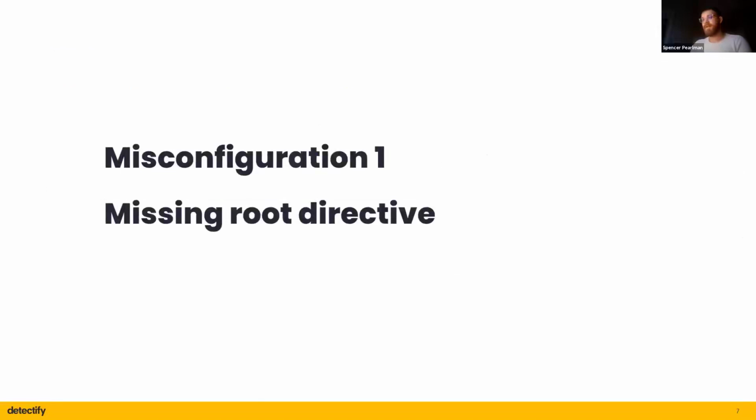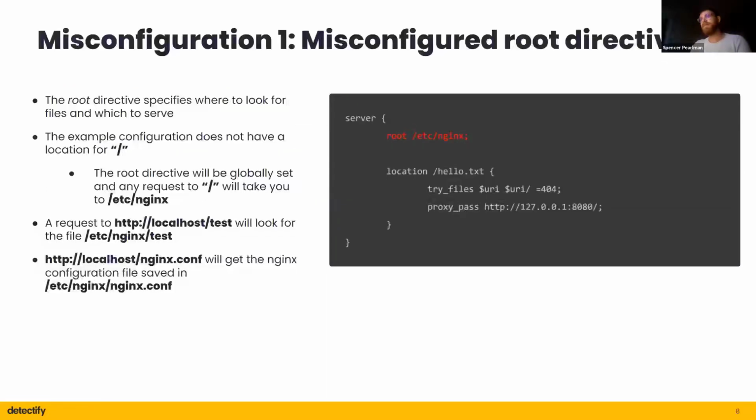So now we can dive into the first misconfiguration, which is called missing root directive. The root directive specifies where to look for files and which files to serve. So in our example to our right, we see our root directive goes to /etc/nginx. However, it does not have a location for the root. Therefore, the root directive will be globally set, and any request to the root of the application will deliver files